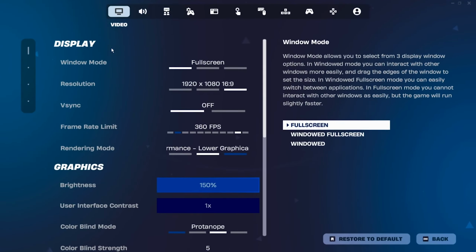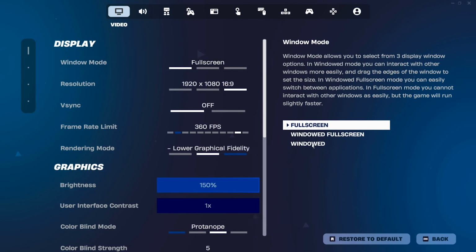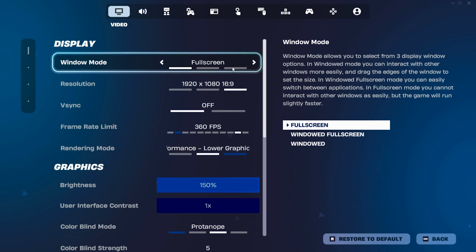Starting off in the video tab underneath display, here you'll have three options underneath window mode. So full screen, windowed full screen, and windowed. The best setting here is objectively going to be full screen. There's no other way around this. This gives your system the highest priority for Fortnite, so for the game itself, which reduces input delay and maximizes